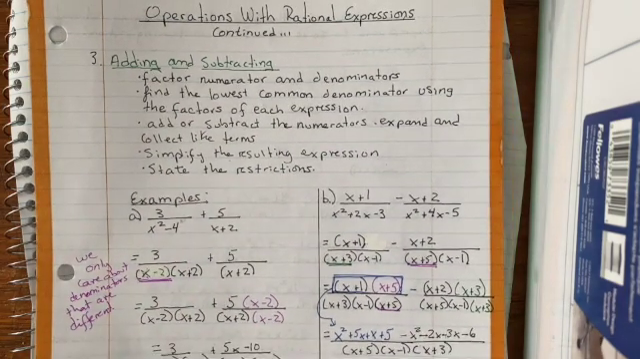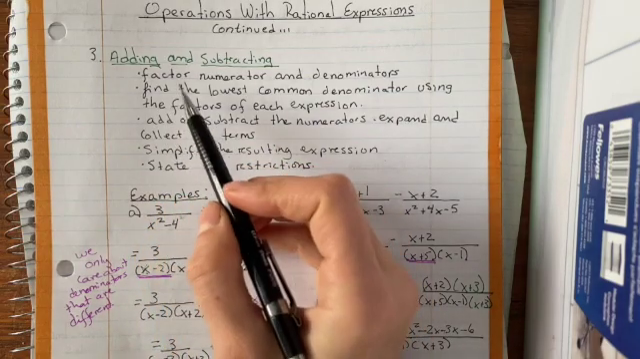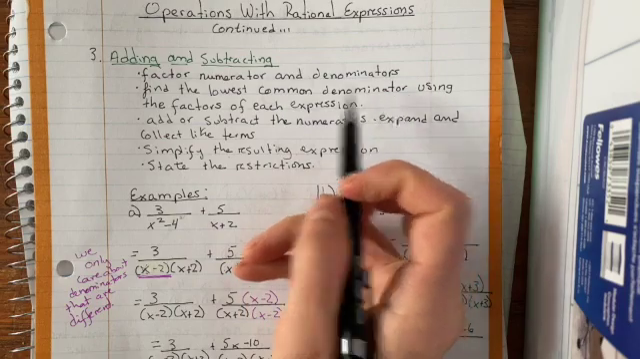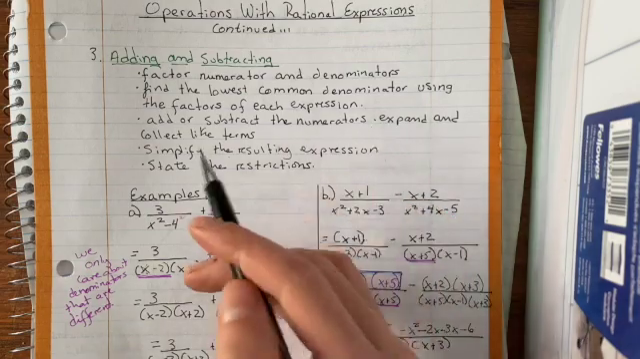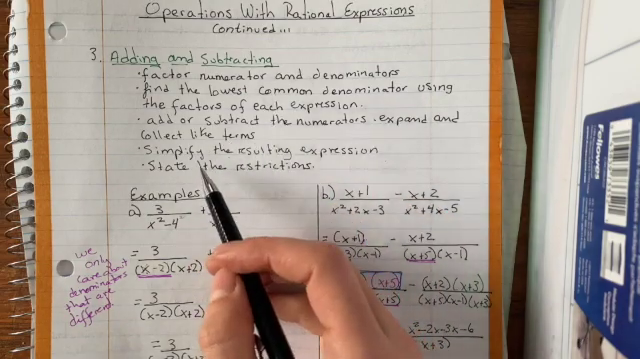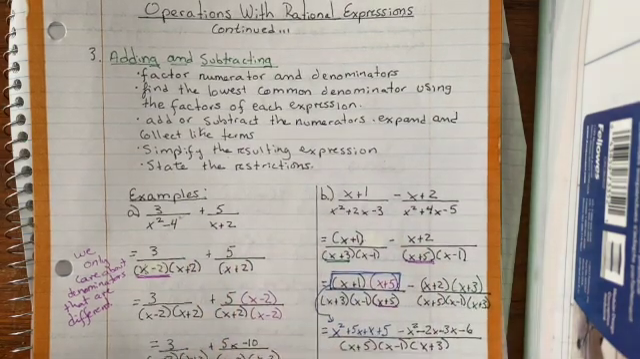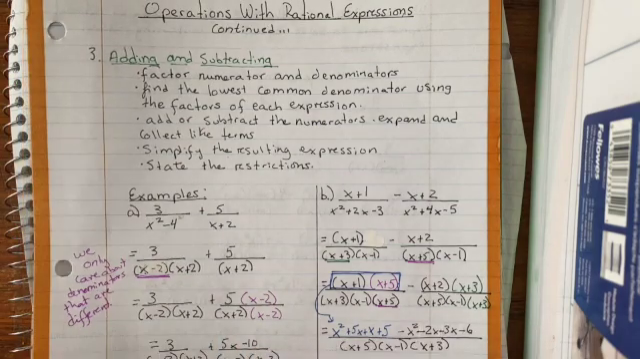You can just print this out, or you can write it out if you want to open it in Google Class. So adding and subtracting, we're going to factor the numerator and the denominator. We're going to find the lowest common denominator using the factors of each expression. And we're going to add or subtract the numerators, expand and collect like terms. Then we're going to simplify the resulting expression and state the restrictions. So this is exactly the same as if we were going to add or subtract any other set of fractions. So the first example,